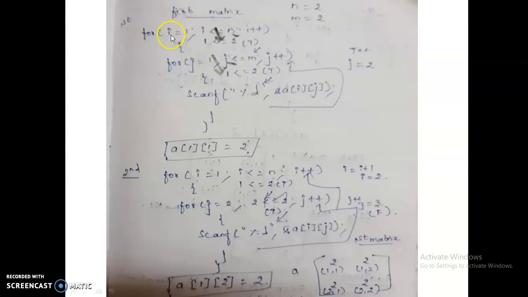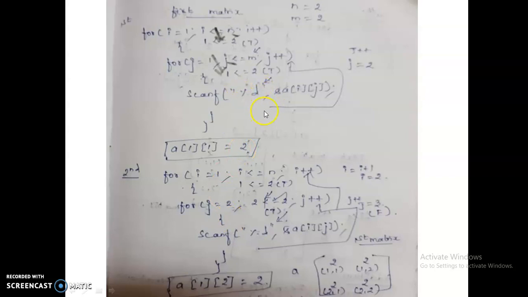Okay. So here this is the first matrix I'm going to get. Inside the for loop, the value of i is initialized as 1. 1 is less than or equal to 2. The condition is true. So it enters the inner loop. Here the inner loop assigns the j value 1. Here j is 1, less than or equal to m. So the condition is true. The first input is taken. Here the first input is in the matrix A[1][1]. So the first value 2 is taken from the input.